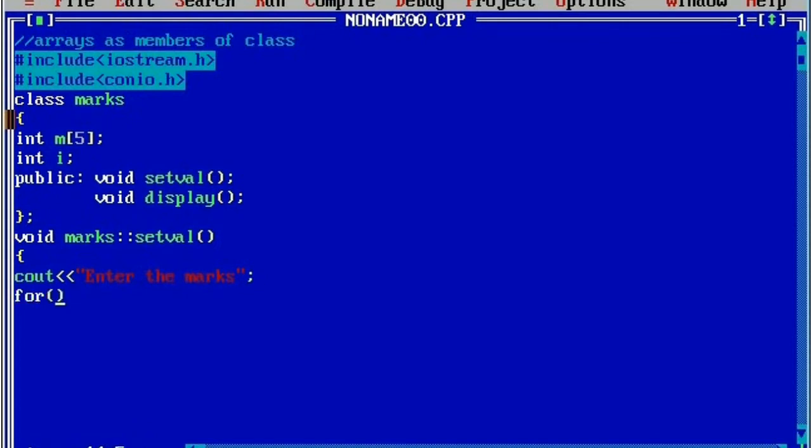Before that we need to use the looping structure. i is equal to 0, i is less than 5 and i plus plus. And here we'll use cin to receive the values using array m of i. After receiving we need to display the same marks once again. So curly closing brace. Next we'll go for the second function, that is display. So here I'm going to define it as void, then name of the class is marks, use scope resolution operator, then write display, then curly open brace, and here I'm going to write cout